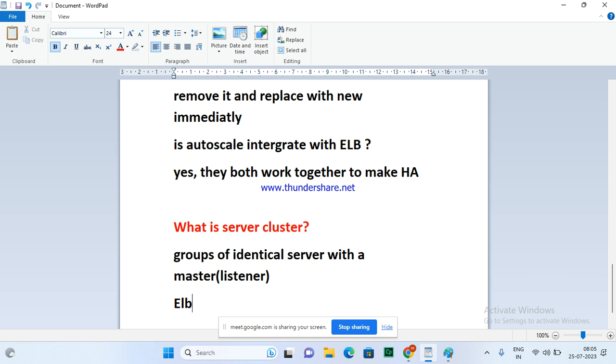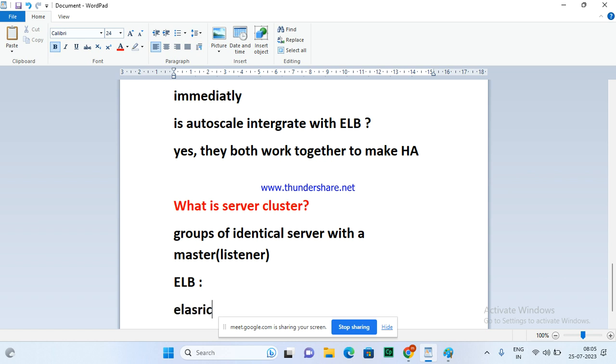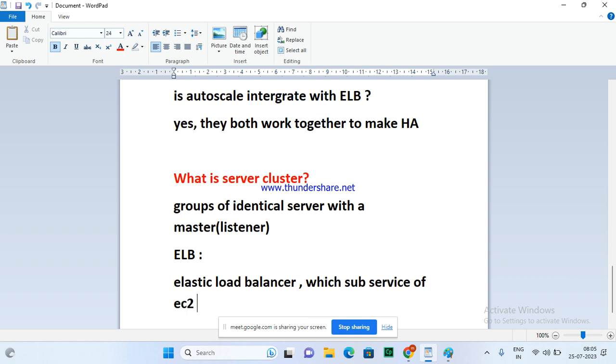So now, what is ELB? Elastic Load Balancer, which is a sub-service of what? EC2.